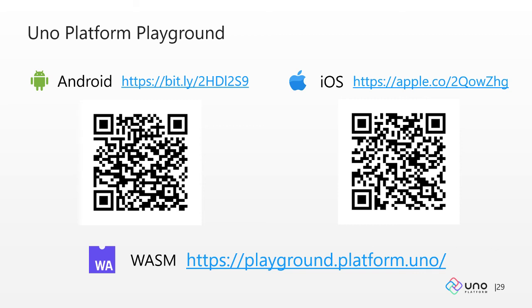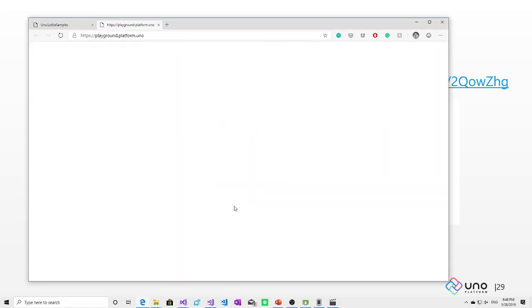You can also scan the QR code, it should take you directly into the store, and you don't have to worry, all these links are also included in my GitHub repository for this talk, so you can find them later if you want to. I will just show you quickly the playground.